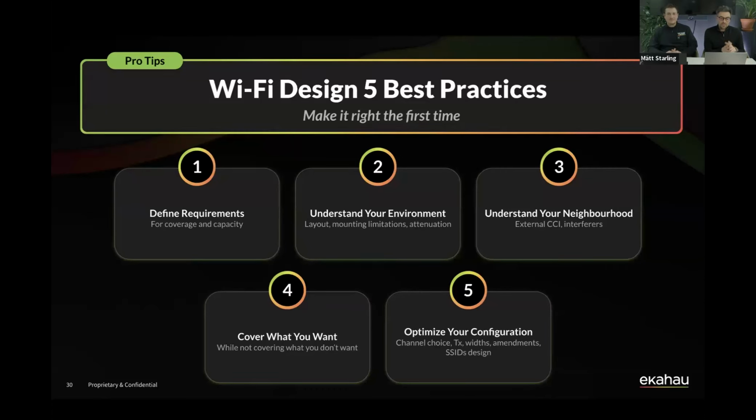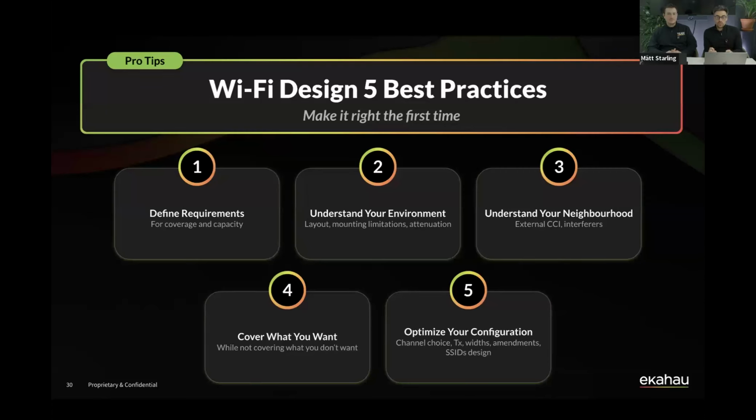So to summarize, some best practices for your Wi-Fi design: make sure you speak to the stakeholders and gather those requirements, because that is a key thing. Make sure you document what the business requirements are and have something in place to say, I'm going to deploy this network and it's going to meet these requirements, and I would have it documented in a report.